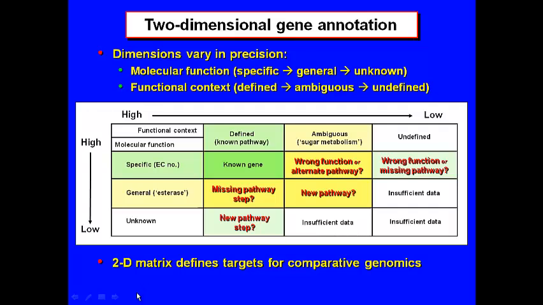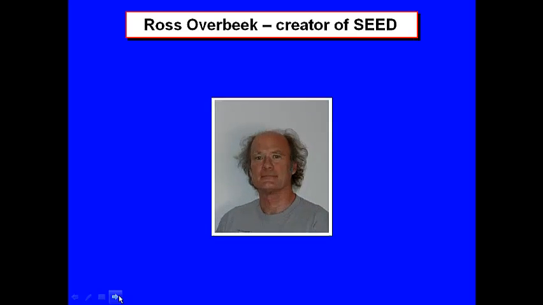And I want to introduce you here to the SEED database, and especially its creator, Ross Overbeek, who created this, I think about, is it 15 years ago now? Many incarnations altogether, maybe 20. Yeah. He was trying to materialize his idea. So when the first few genomes came out, Ross Overbeek, who's a computational scientist, had a stunning vision, for somebody who wasn't a biologist, of how best to make use of this information.